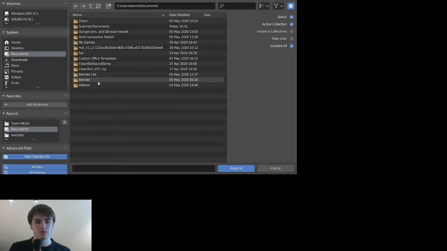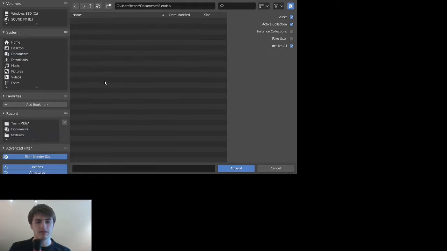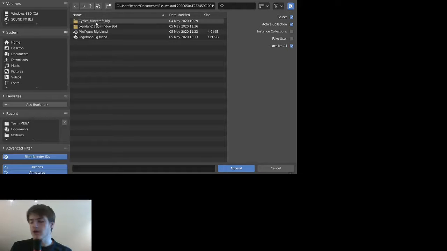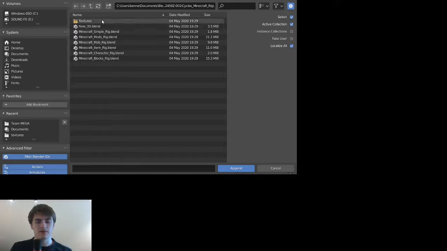So here I have a Blender file. You guys can do whatever you want, but I downloaded them from my Google Drive, so that's why it has that. You will need the Cycles Minecraft rig. I will put a link to the Cycles rig in the description, but you will need a Cycles Minecraft rig. So once you do that, you can open up your Cycles folder,